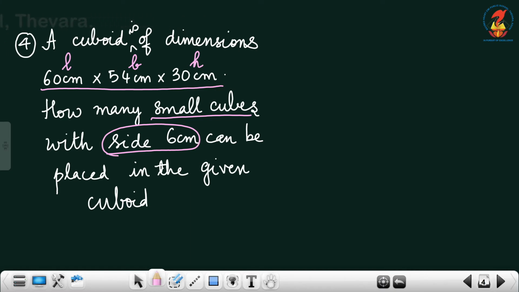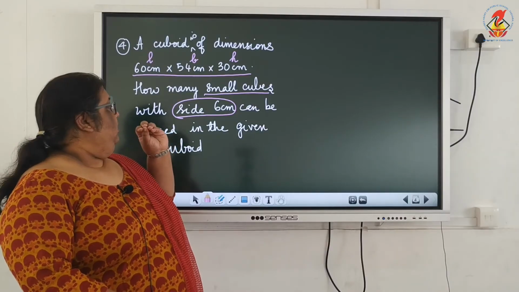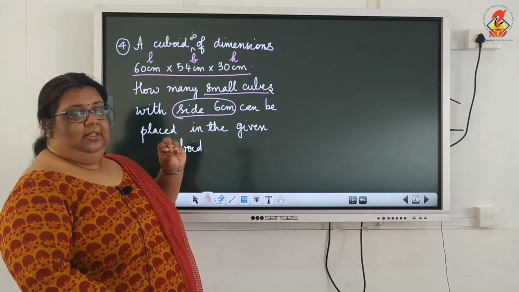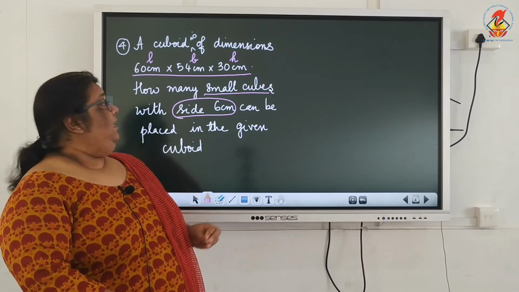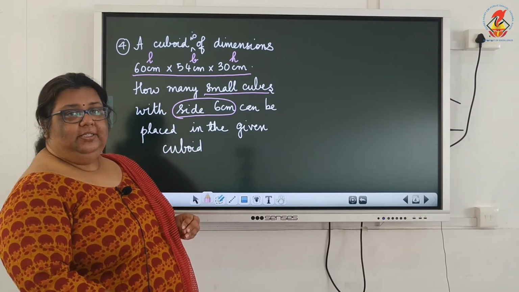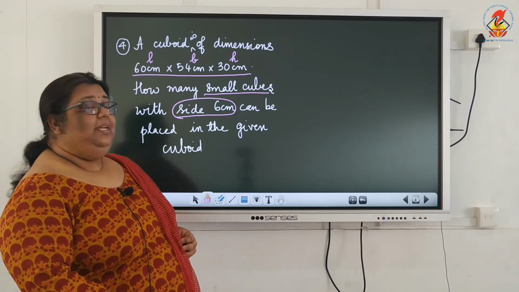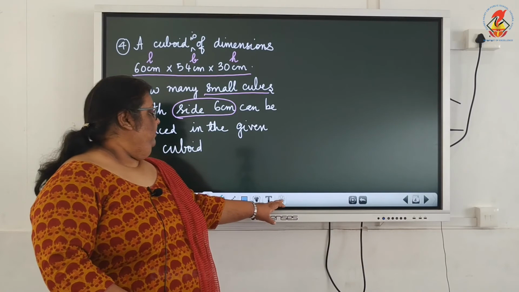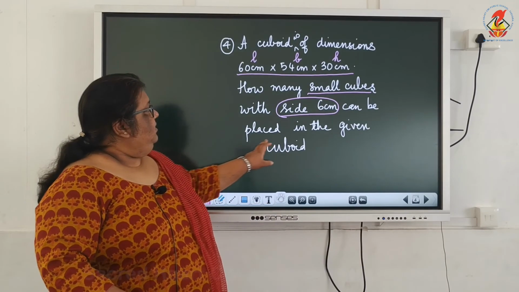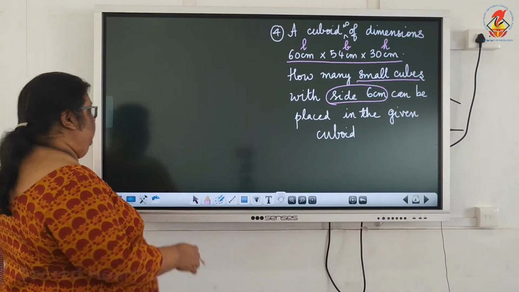Just think of a cuboidal box. Inside the box, how many small cubes of side 6 centimeter can you place? So what you can do here is to find the number of small